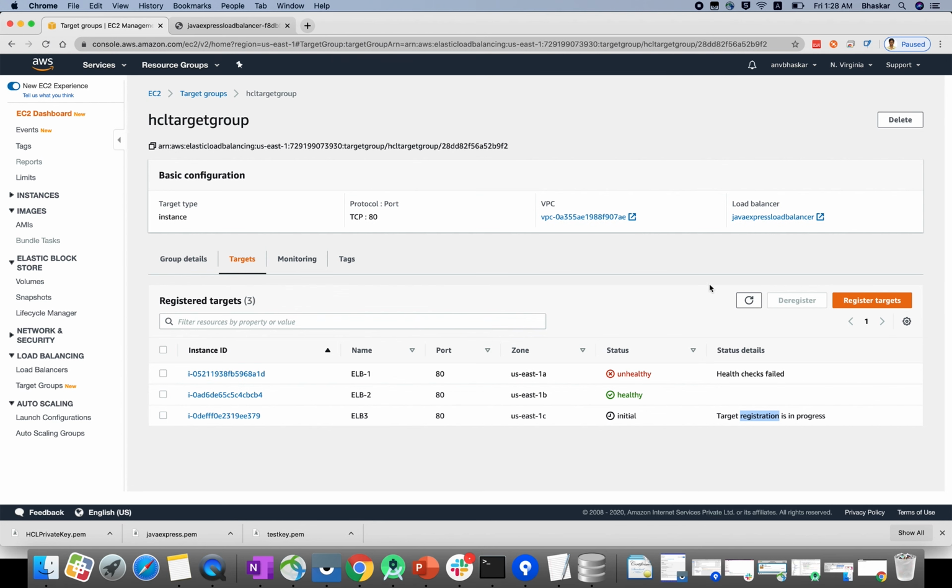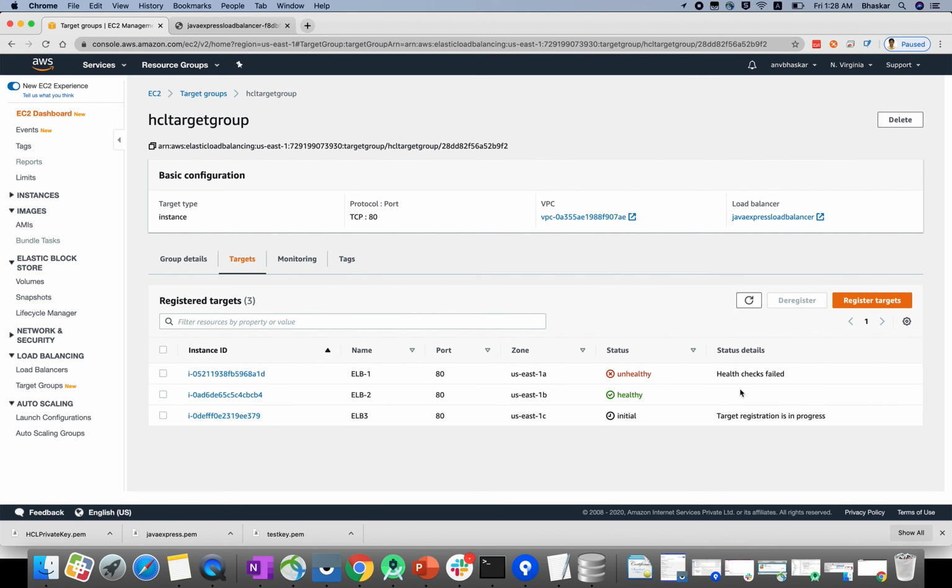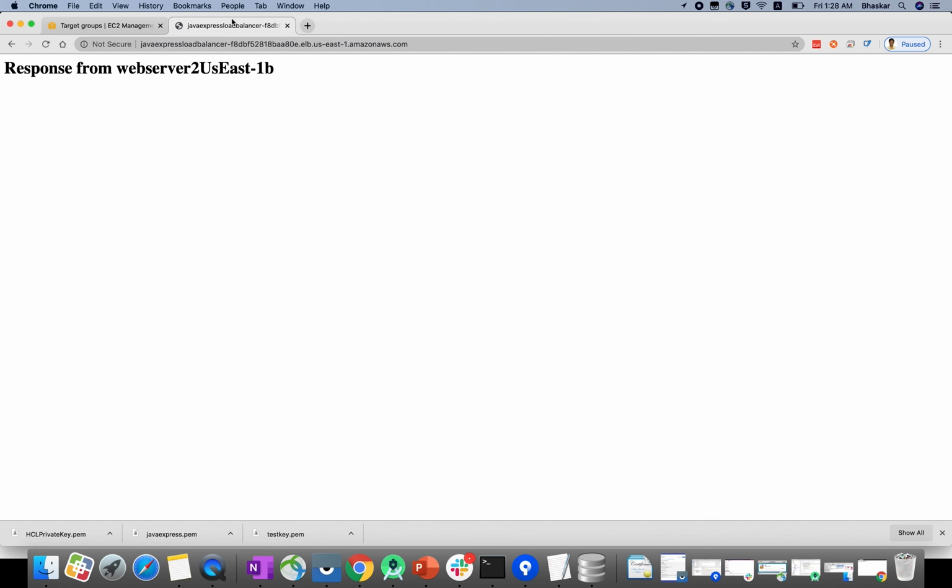Okay, now we'll see here the health check has failed. That means it will check 2 times. Now the health check is done. If you start this EC2 instance again, it will be up again, and you will get the request from web server 1 or web server 2 again. So this is the real-time example of how we can deploy a load balancer in Amazon Cloud.